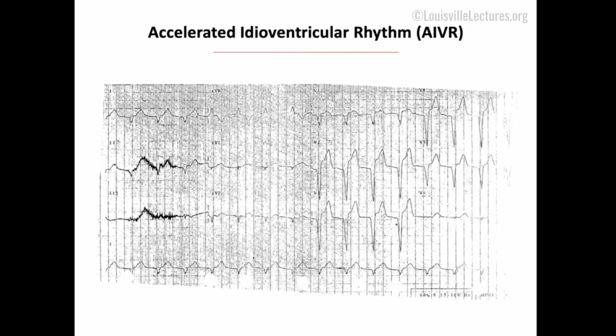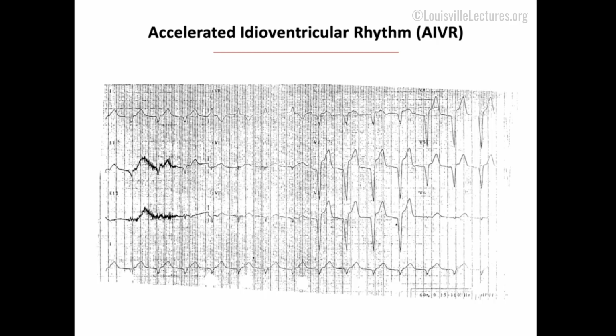I put this up on a separate note because this is a rhythm that not a lot of people see, but it's an important one to know. If you were describing this, you would say that this is a wide, complex, regular, but then you'd have to stop at tachycardia because we're just right under about 100, we're actually under 75 beats per minute. So it is not technically ventricular tachycardia, but it also doesn't look like a normal bundle branch block. And if you try to find P waves, good luck, you can't see them.